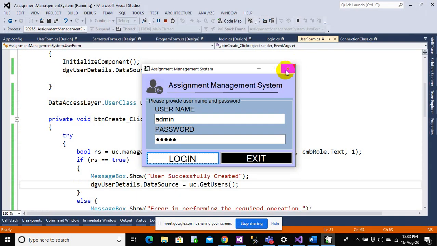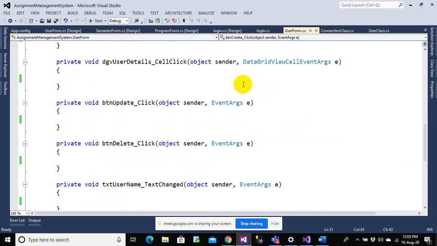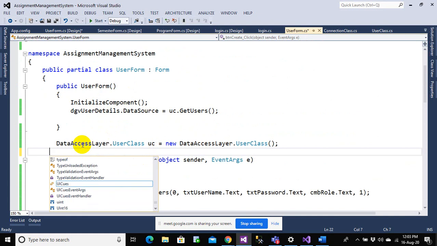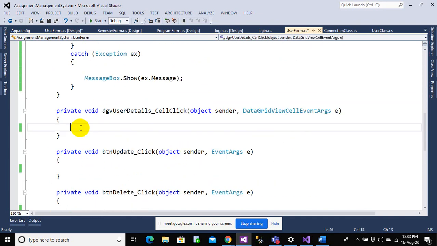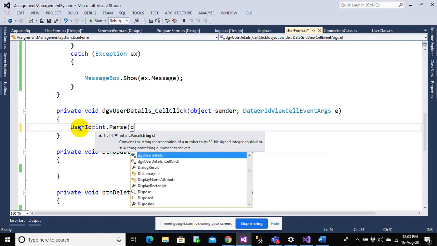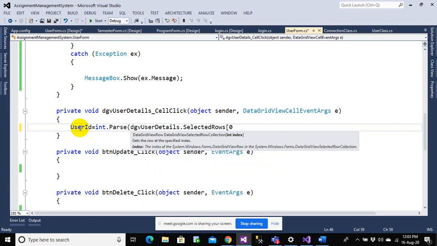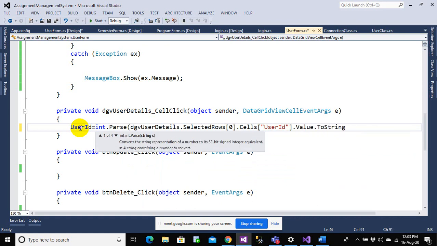So now let us go for update and delete operations. Update and delete are very simple once you do one thing. For update, I think I just missed one thing here. Under this row click, I just need to populate the values onto the data grid view. So let me create an integer variable called user ID. This is what we have done in our previous session: row 0 dot cells user ID dot value dot string.